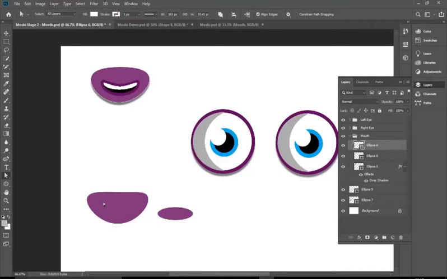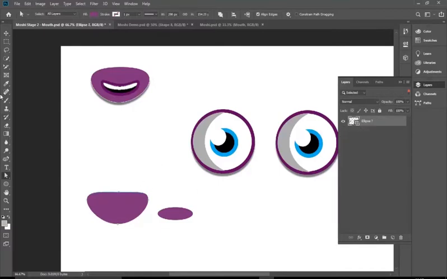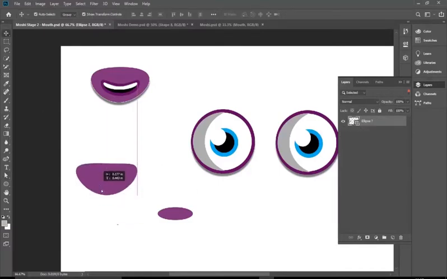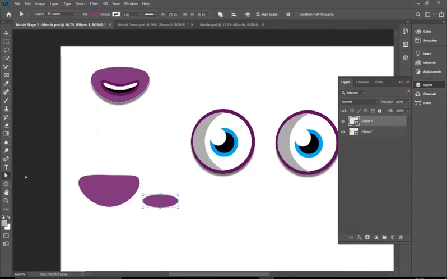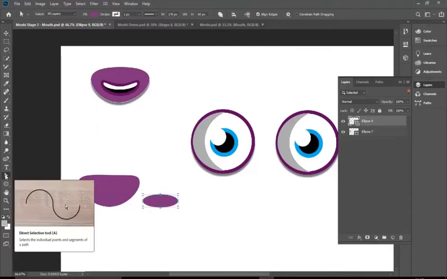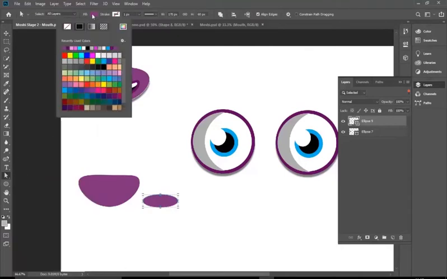So that's got rid of that one. Now this one, just to check what I want, that's on its own, that one's on its own. Now this one here needs to have a darker outline but a black fill color to it. So select direct selection tool, fill color, solid color, black,